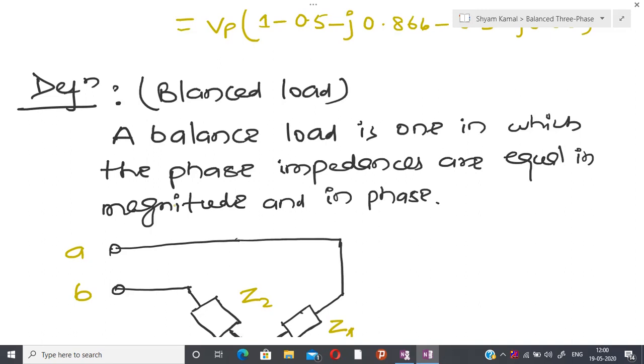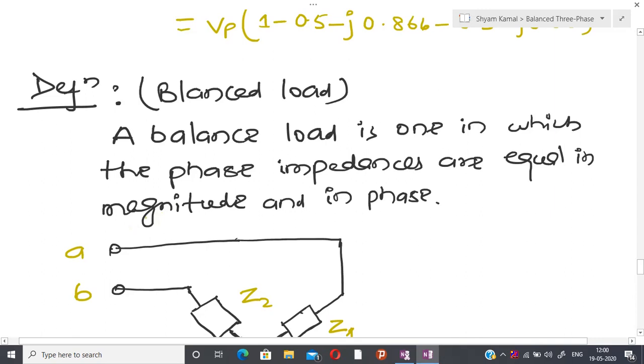So in frequency domain we have already seen the concept of the phasor, because in this particular part of the lecture we are just concentrating on the steady state response, and throughout we are using the notion of phasors. Due to that reason, I am going to use the impedance in order to denote the loads.